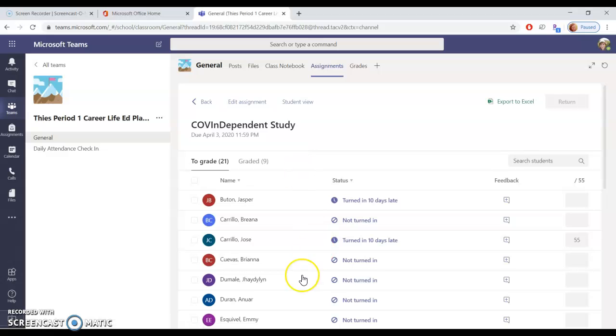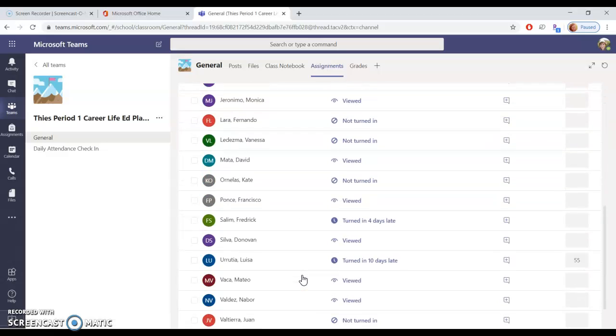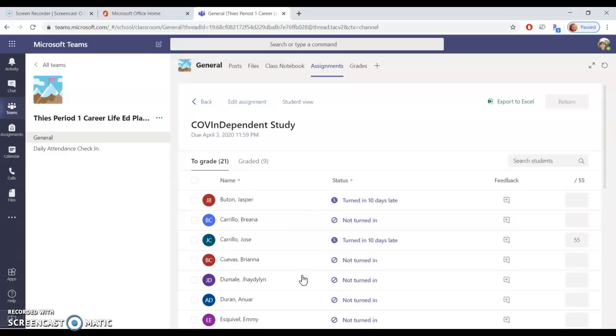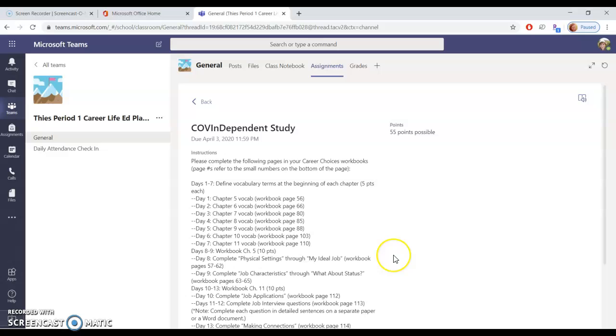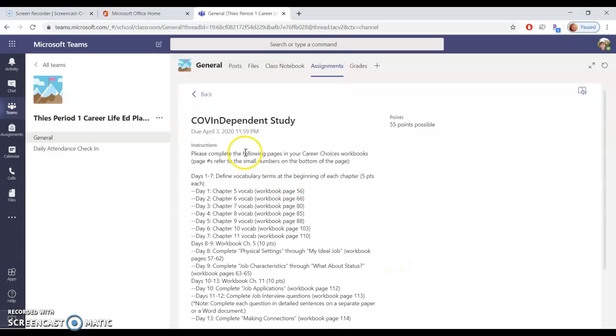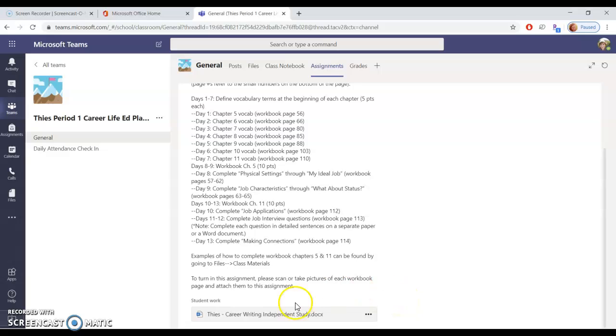and here's what it shows me on my end, who's turned it in, who hasn't turned it in, and how late you might have been. Don't worry, this week I'm not going to mark you late if you turn it in late. I understand we have technical difficulties. This is what it should look like on your end, correct? It should have instructions, it should have the breakdown of what you're supposed to have done,